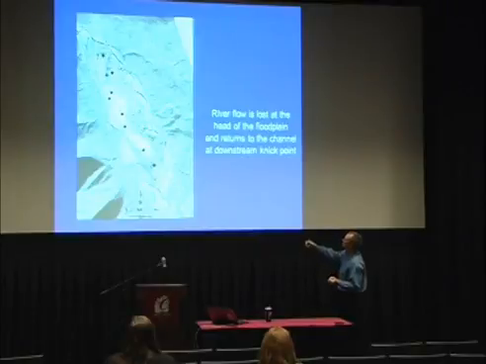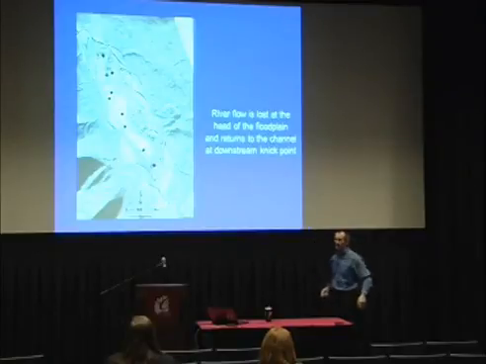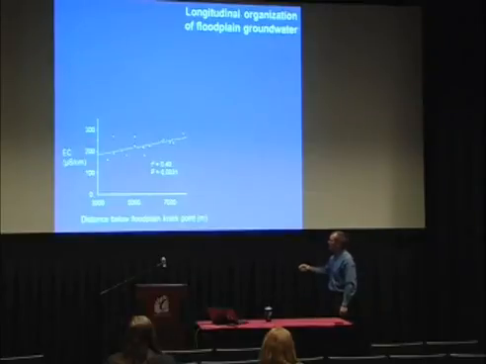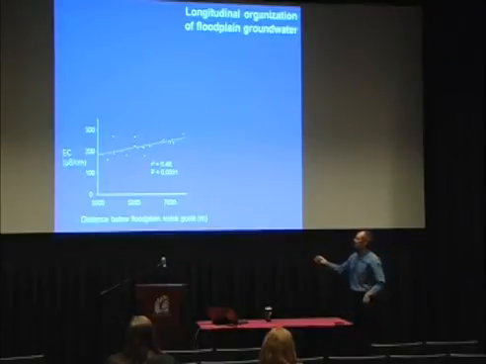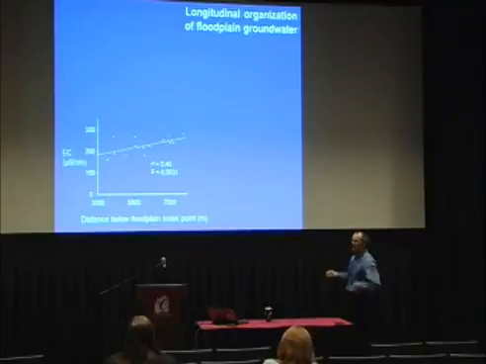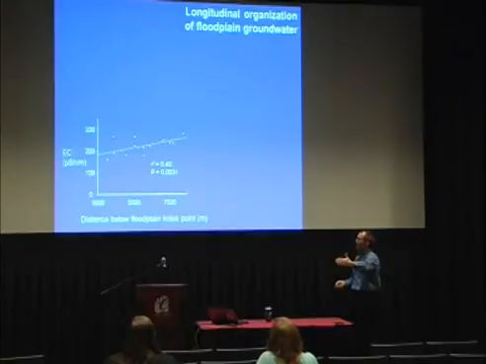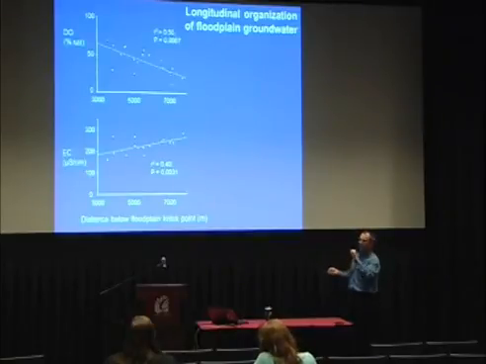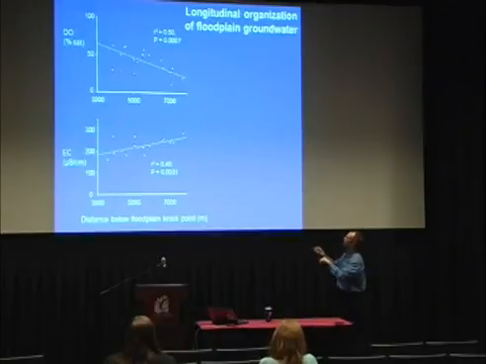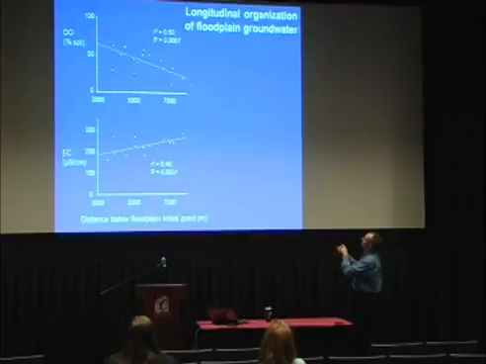So it might be logical then that some of this organization has to do with flow paths from the upstream to the downstream portions of the aquifer. So let's take a look at that. If we plot the distance below the nick point, that is the upstream opening of the bedrock, and look at something like electrical conductivity, we see that the electrical conductivity nearly doubles as you move down the floodplain system through the aquifer. At the same time, the dissolved oxygen is driven downwards from something near 60 to 75% saturation to values